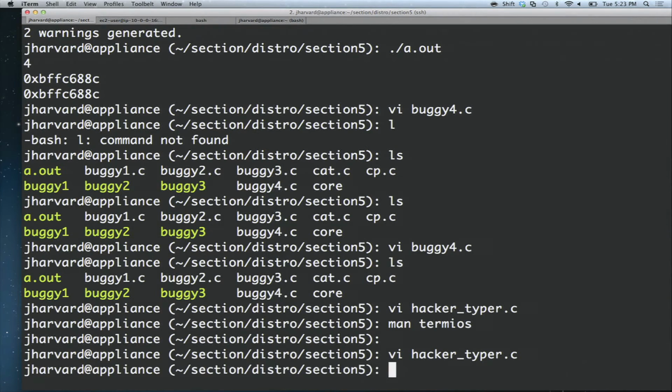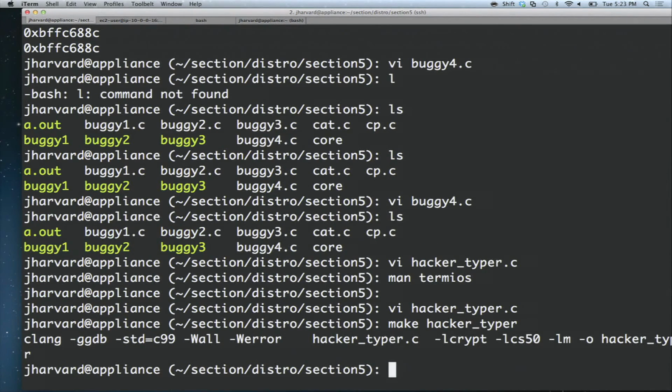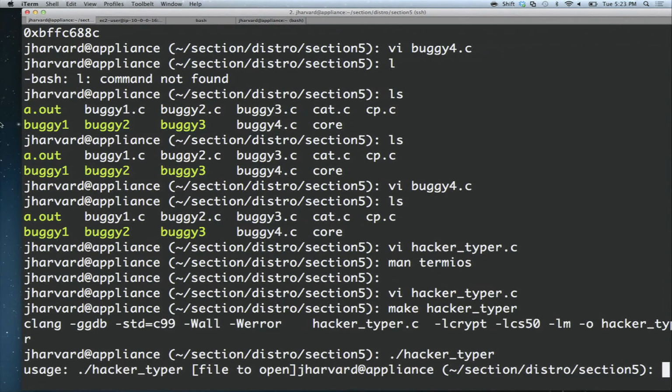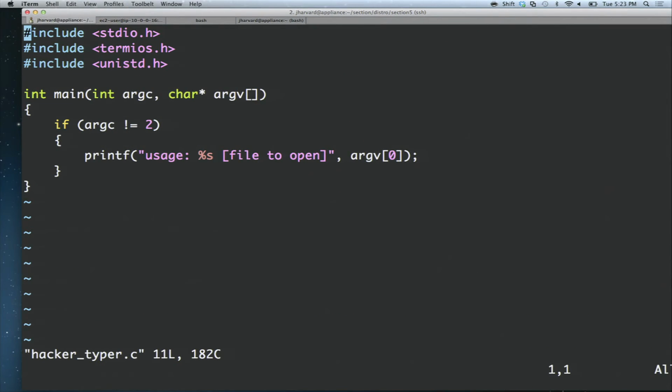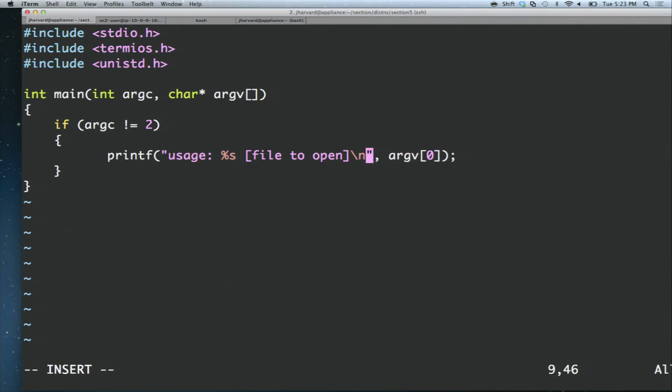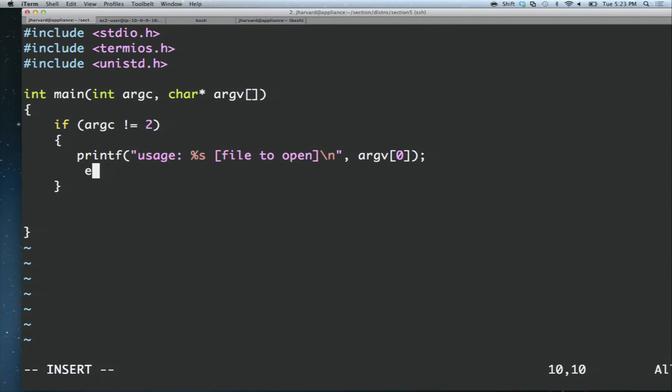So now, if I run this without providing a second argument, I'll see it says, I need the new line, but you'll see it says usage ./hackertyper, and then I need the second argument should be the file I want to open. Okay, so now,